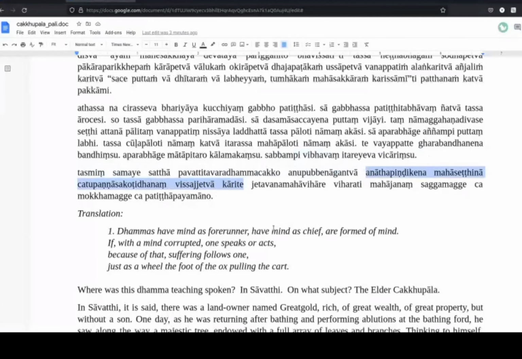You have to translate it together. And how do you know that? You really don't. This is a hard thing to translate. You look at the translation and you say, okay, and you figure out until you get it, how they did that. Don't expect to be able to see this on your own. But I've told you now, you know. It was made by Anathapindika Mahasethi, having sacrificed or given up this much for